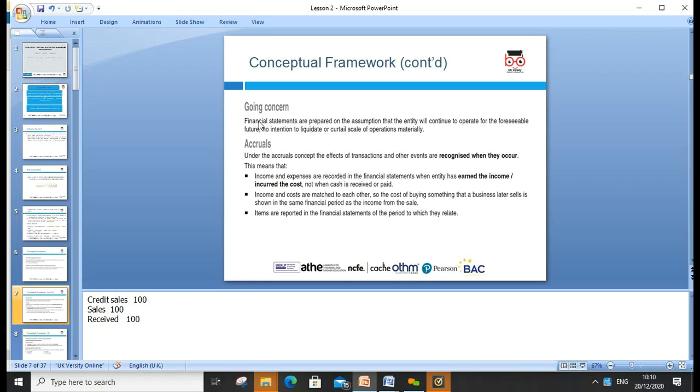Okay, then we have the conceptual framework concept of going concern. The accounts always give the view that this company will carry on business as normal for at least 12 months. If we see the company can't afford to pay salaries to people, the company doesn't have assets, company profit is going down, it means that the company is not a going concern. That company can't carry on running for at least 12 months. So we need to tell the truth. We need to give the view. Okay,